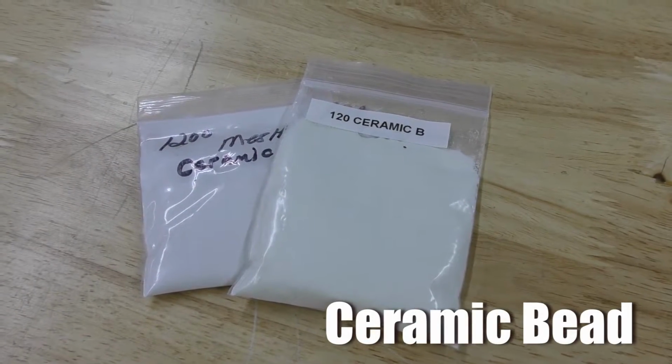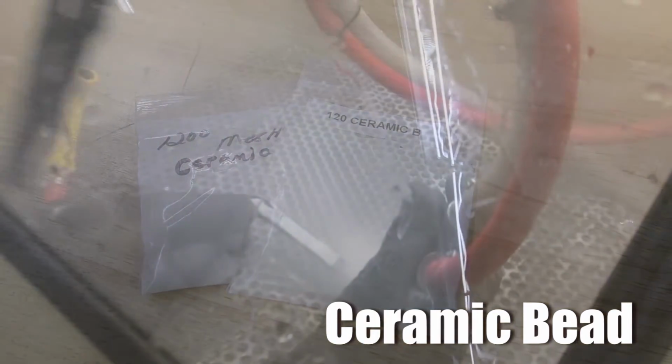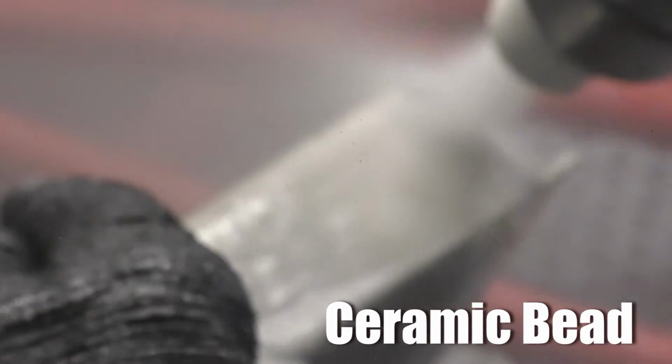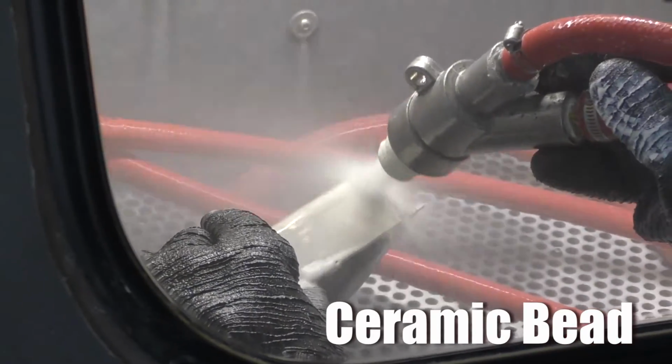Ceramic bead is similar to glass bead, but it is a solid ball, unlike glass bead. This allows the abrasive to last 10 times longer and give a more consistent finish when blasting for a long period of time. Ceramic bead is great for removing contaminants, and their circular shape allows them to create a great